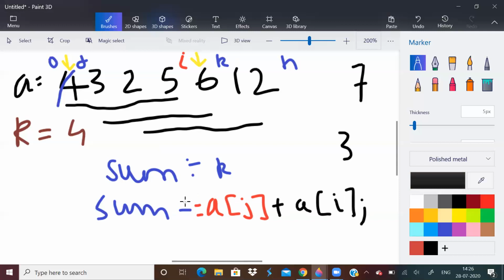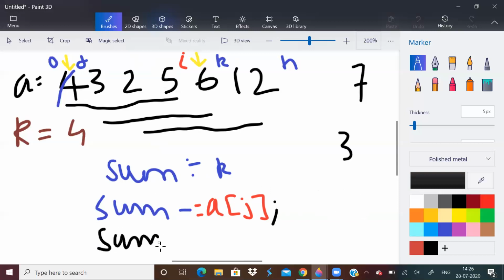So basically we remove this element from the window. This window is of size k. And then we say sum plus equal to a of i.